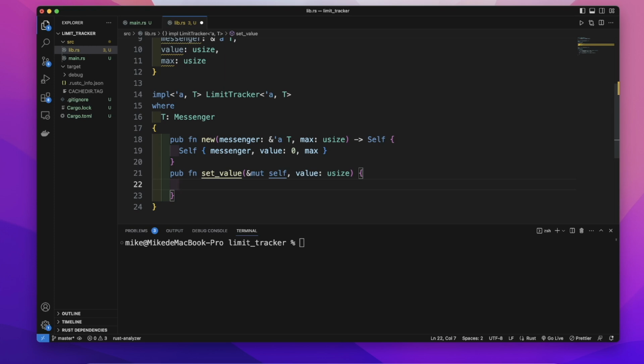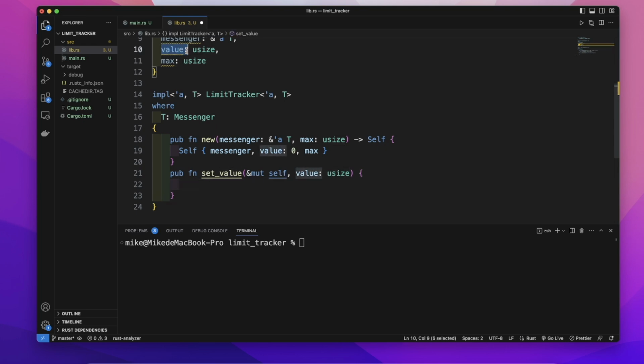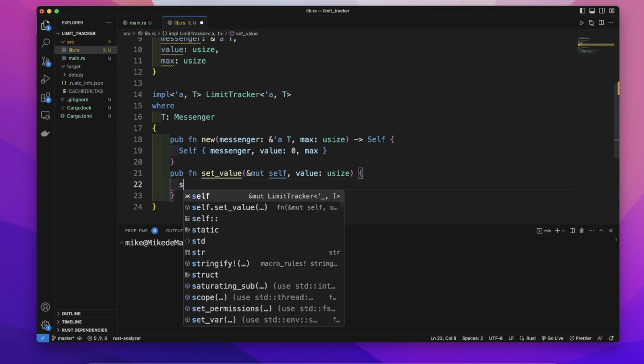And in this method, we will set this self. This self just represents the instance of this LimiterTracker, so it will have these three fields. So we need to set this field value equal to this value. So self